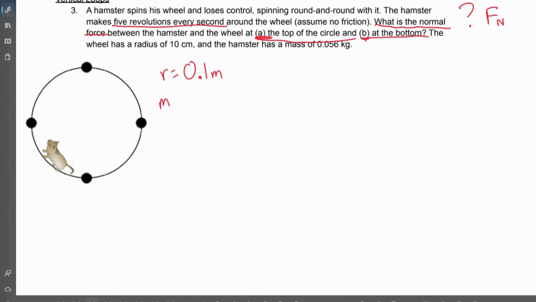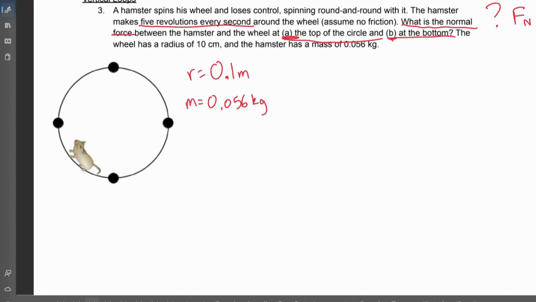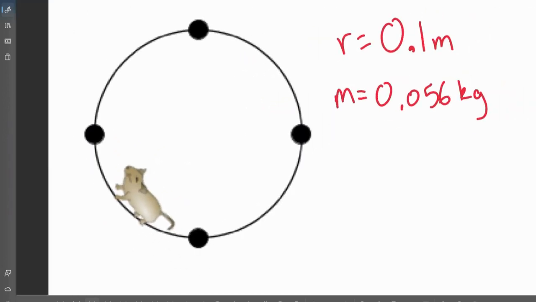Here we go. Mass of 0.056 kilograms. Boom. Okay. For right now, I'm going to take a moment aside from the problem and just look at what's going